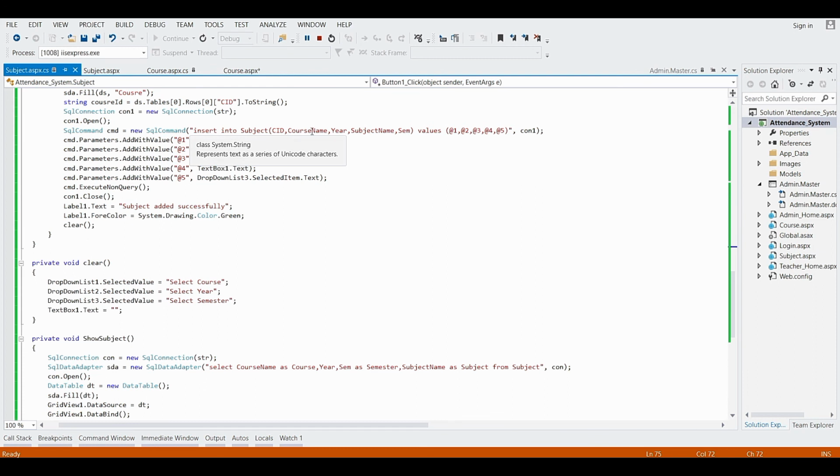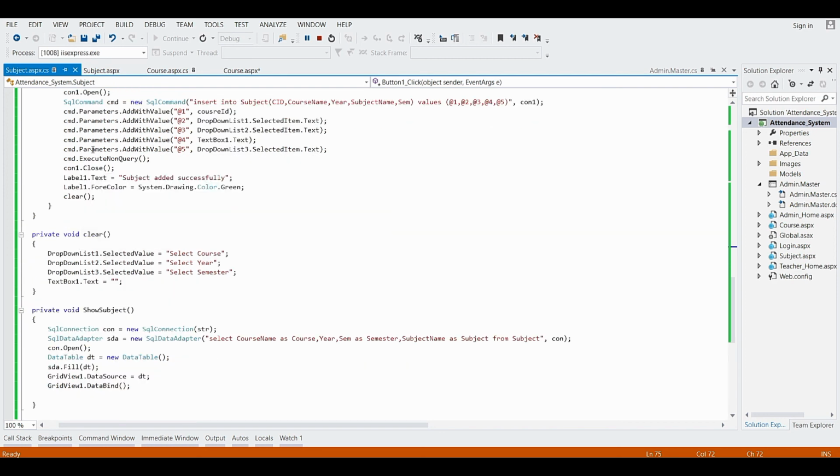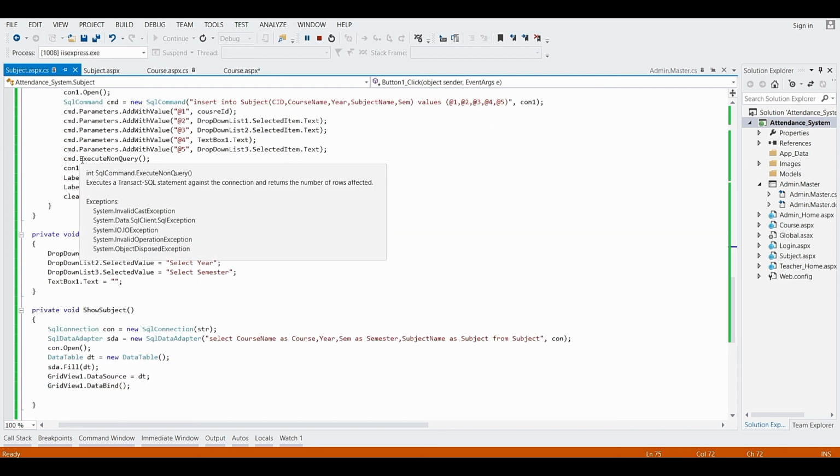Same for the year, the third column, which comes from drop down list 2, the fourth column comes from text box 1, and the fifth column, semester, comes from drop down list 3. In this way it will insert all this record into the table subject. For inserting that it calls the function execute non-query.